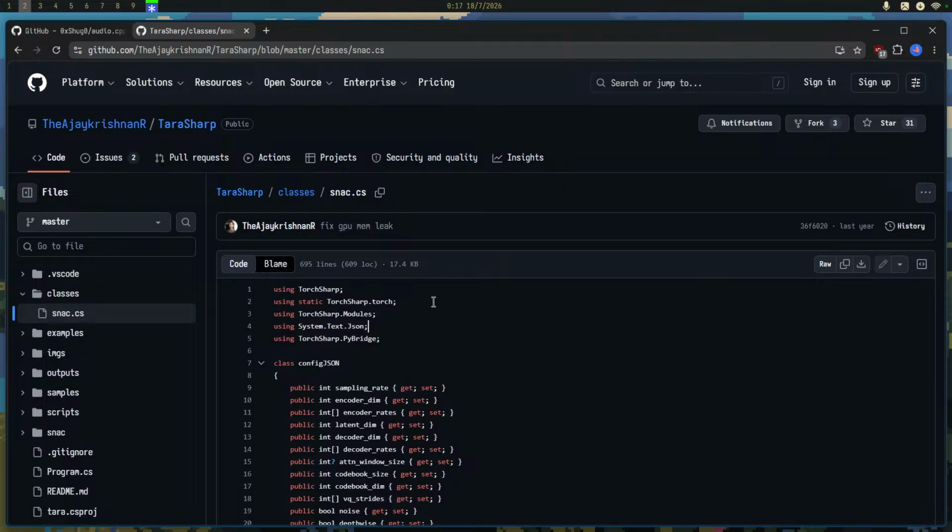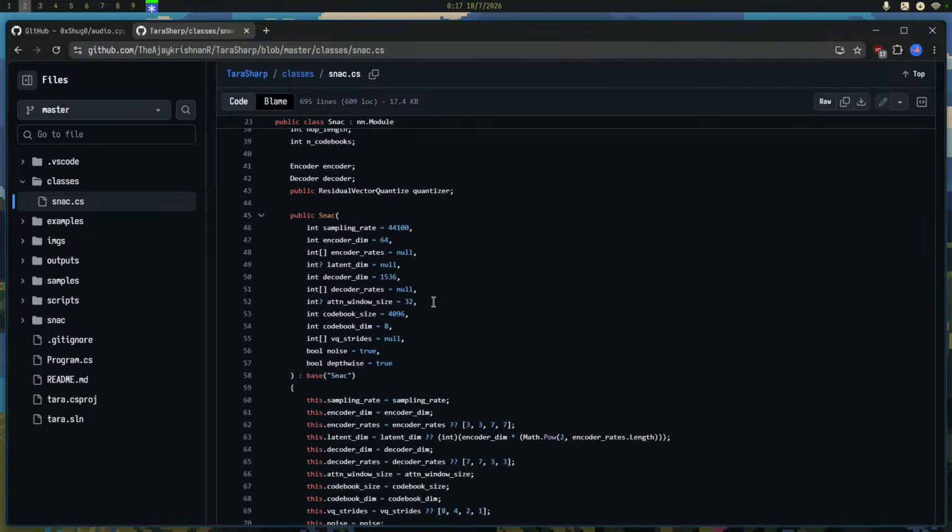Now, there were quite some challenges in doing that, because some functions that exist in PyTorch for some reason do not exist in TorchSharp.